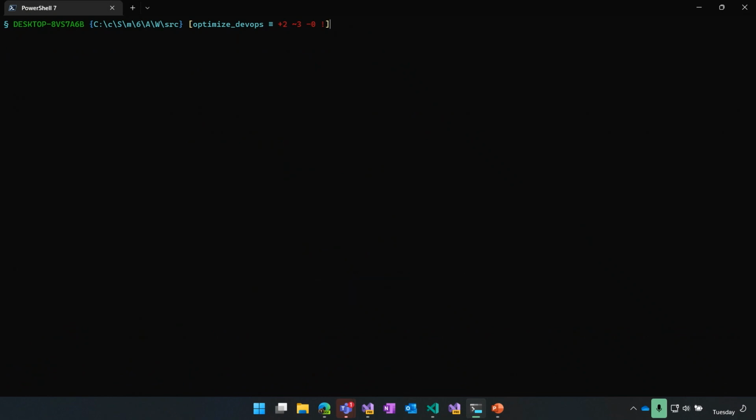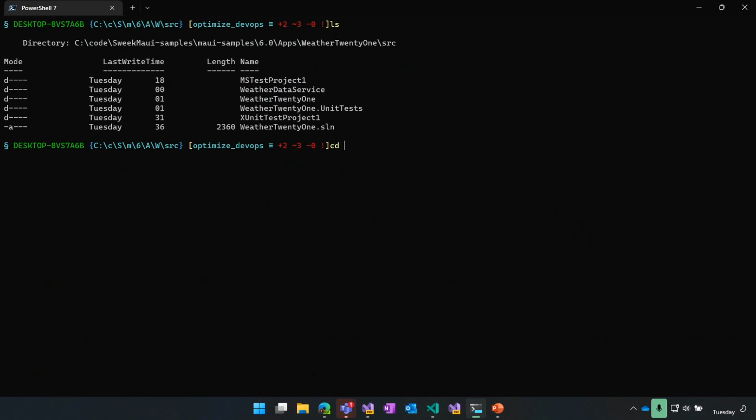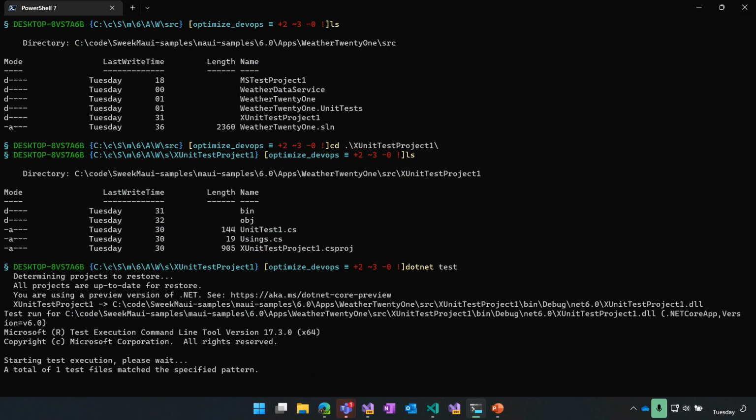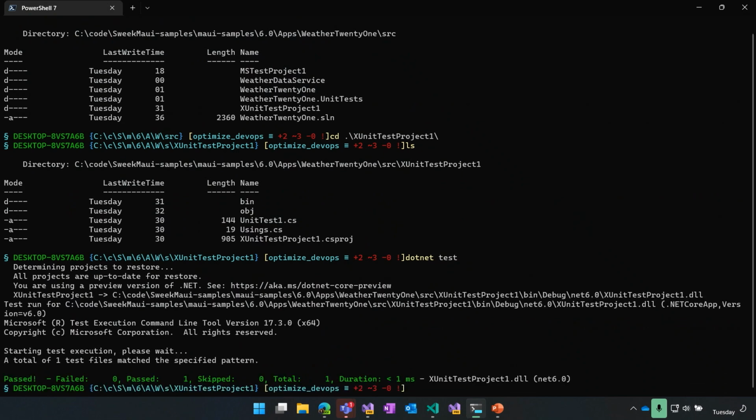Let me go back. You must be like, hey, there's no way I learned this one way to set up a DevOps thing for tests and it's going to work for everything. It is actually going to work with everything. Same process. So I'm going to go .NET Test again. And this is our XUnit project now. Again, same thing. Like I said, the .NET CLI is so powerful now. We're doing everything within that CLI. So why rock the boat?